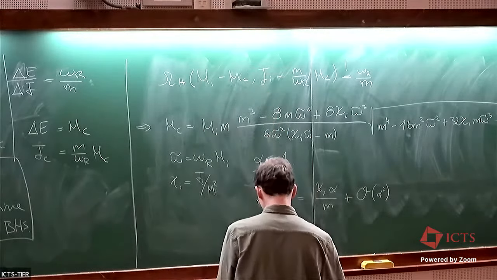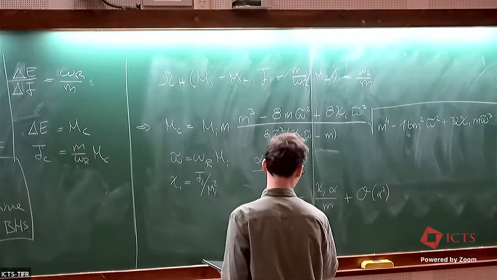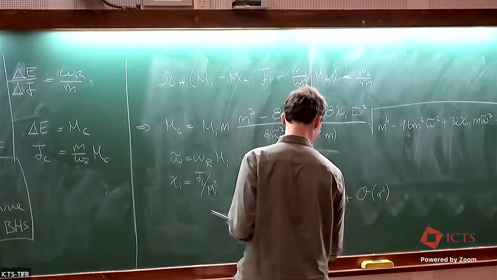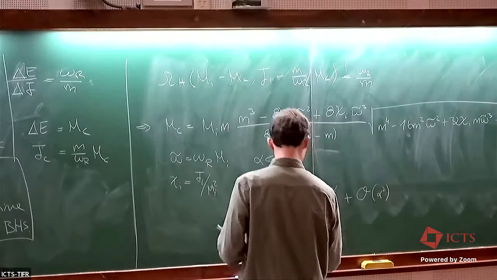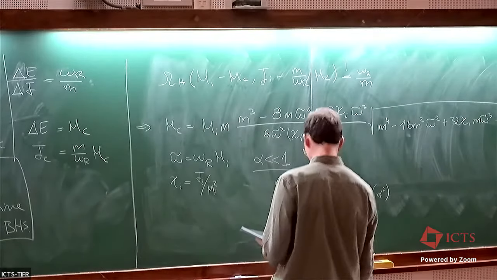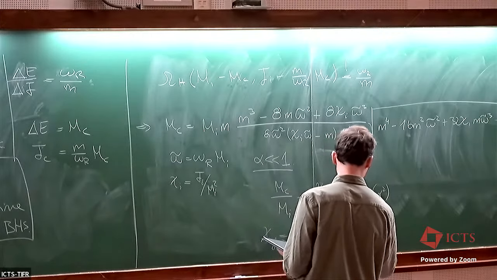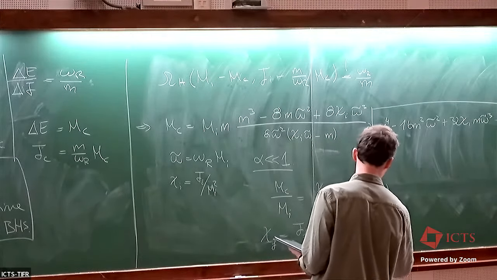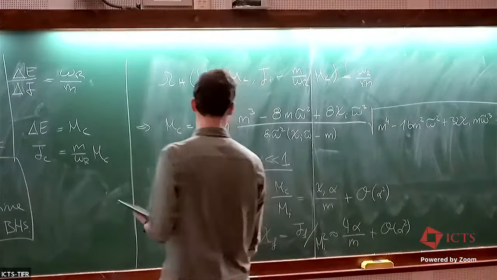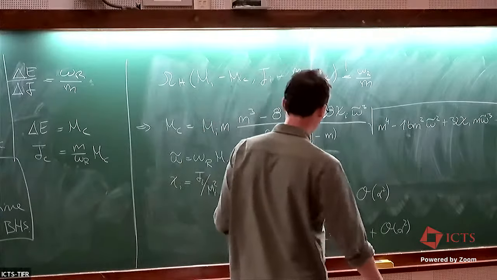So the final spin of the black hole, chi f, defined as the final angular momentum divided by the initial mass squared, is approximately equal to 4 alpha over m plus alpha squared corrections. Okay? So what we're learning here